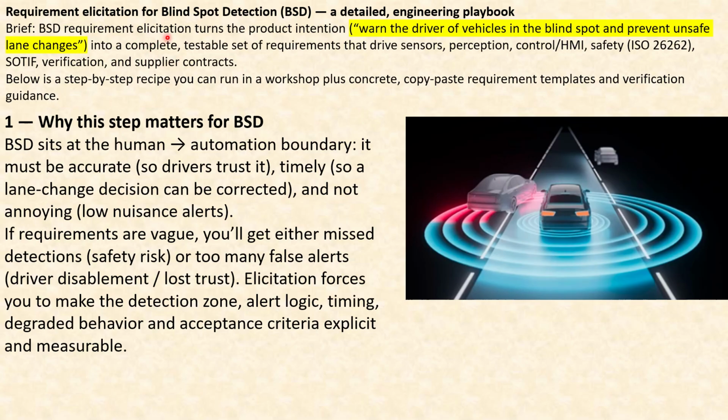So blind spot elicitation converts the product intention into a complete testable set of requirements that drive sensors, perception, control, machine interface, safety, SOTIF, verification and supplier contracts. So these are all the stakeholders: owner of the sensor, owner of the perception software, the control software, the safety engineer, the SOTIF engineer, the verification and validation engineers, and even the suppliers. All right, now below is a step-by-step recipe you can run in the workshop plus concrete copy paste requirement templates